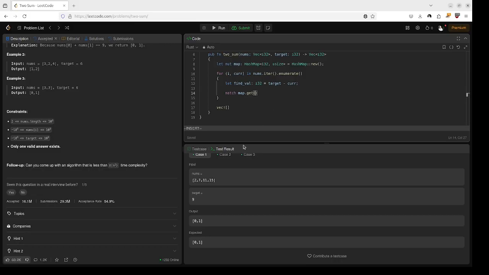So if we're looking at, like down here, if we're looking at 2, is 2 in our map yet? Have we found anything that is looking for 2 to complete its solution? Well, for 2, it's our first one, so no. Are we looking at 7 for anything that's going to complete our solution of something plus 7 equals 9? Yes, 2. So that would be our quick and dirty answer. So we're going to go ahead and say on the current value, now we're doing an iter enumeration there, so that's a reference, and map.get is looking for a reference, so we don't have to do anything there. Just match it, and then we're looking for Some of